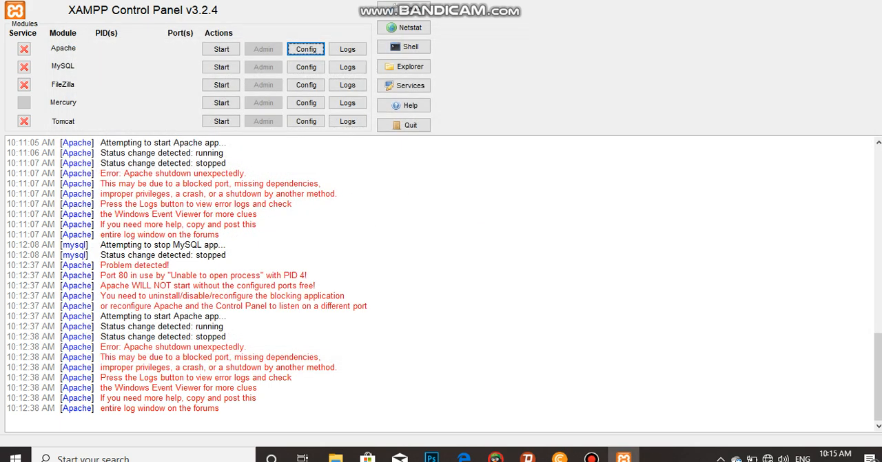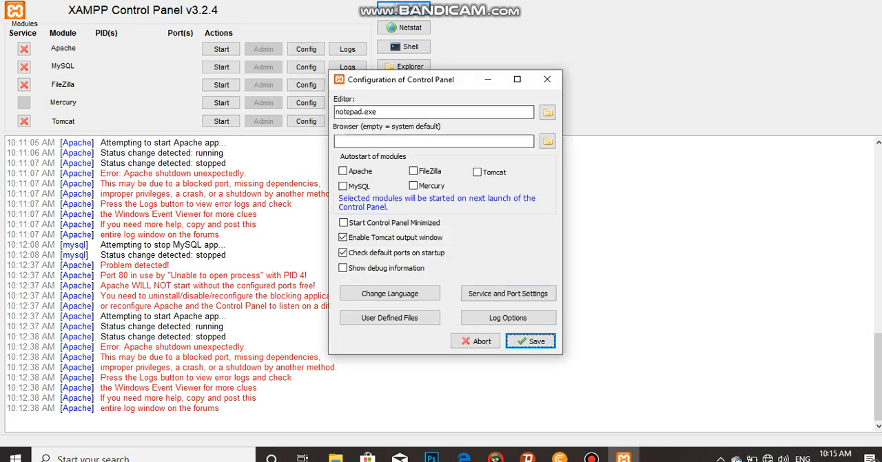After we finish these tasks, we have one task left. This task is changing the settings. So to change the settings that are related to this Apache, click the config button on the navigation bar, select service and port settings,